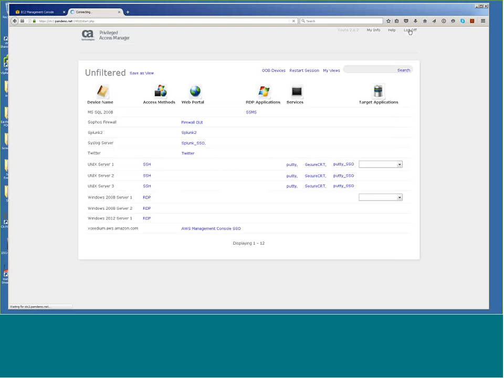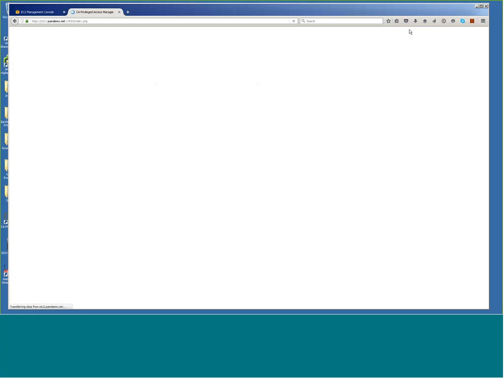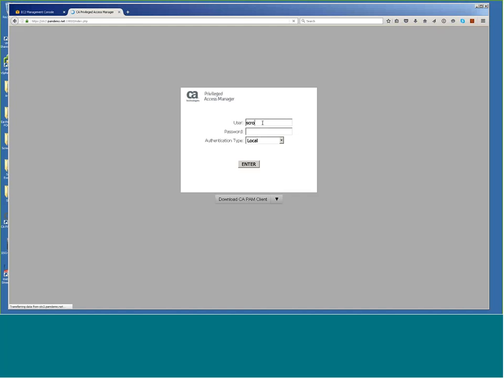I'm going to log off here one more time and log back in as myself, which would be a global administrator. It's role-based access, so even though it's a zero trust model, if you want to assign a user group or import and sync to an OU or security group in your AD or your LDAP, you can base all your user access off that. So you can have a user group called AWS Users in AD. And as you add and remove users from that group, they would be automatically provisioned for access to AWS in PAM or have that access taken away. So again, taking a layer of overhead off of your administrators.